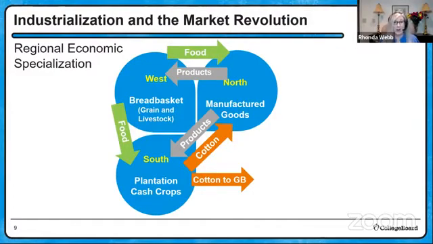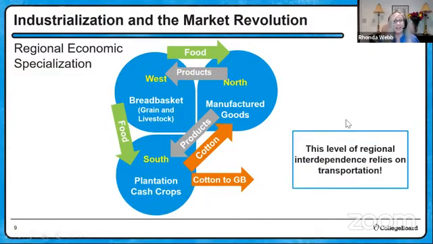And for this to work, we've got to have really good transportation. And that's also some of the new technology that comes about in time period 4 in the 1830s and 1840s. We're going to start with the canal boom. You may remember the Erie Canal that was connecting New York City to the interior, to the Great Lakes. And then we have the railroads, and the railroads are going to really be the key to all of this. We've got expansive railroads. They're cheaper to construct. They're easier to construct. They're faster to construct than the canals. So where people thought the canals were going to be the transportation mode of the future, it turns out it was going to be railroad.